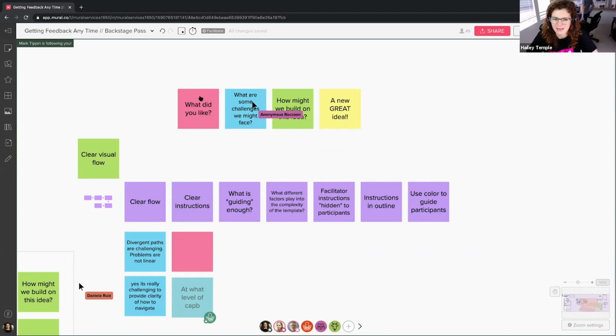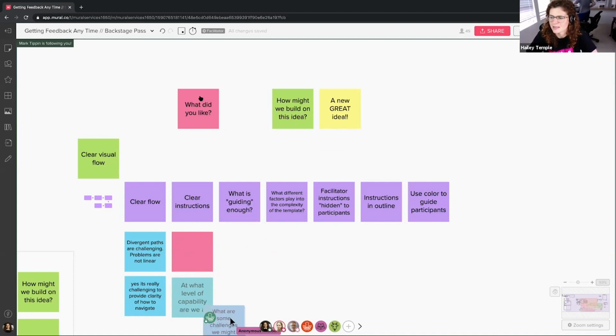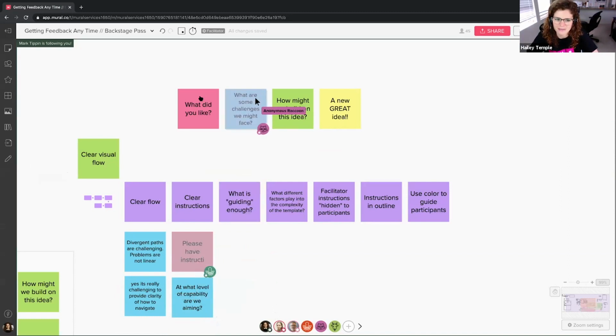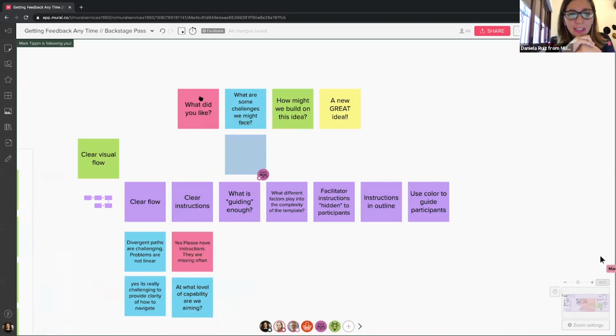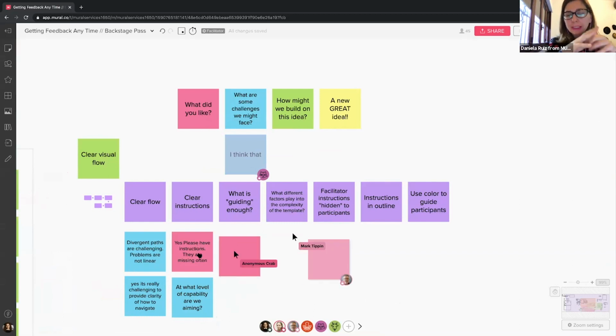Daniela, did you have anything about templates or what Amelia proposed here? Anything that you would add as things you like, things you would change that you think would be challenging? I'm trying to think of examples and what clear instructions might look like. To be clear for different types of people, because it's not the same if you have a group of designers using a template as if you have a group of accountants that maybe never saw a template before.